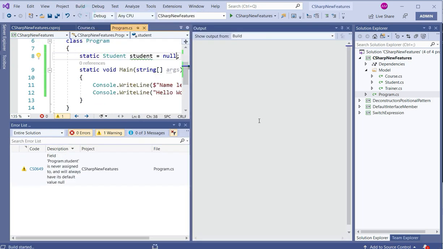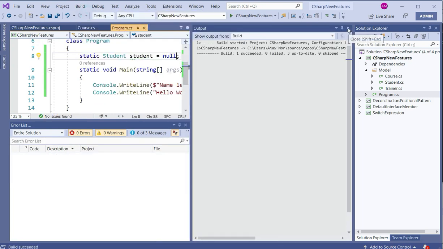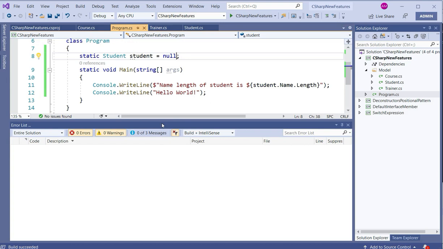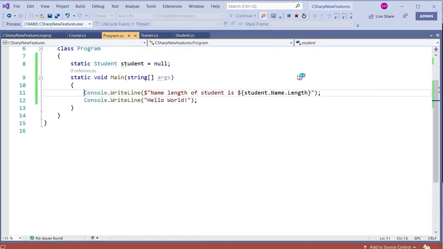Let's build it again. Now it's gone, as you can see. So what I wanted to let you know here is we can assign a null value to a reference variable, or we can just give it a fully instantiated object. So now let's give it a go. Let's see what happens at runtime.